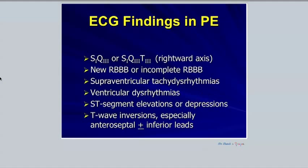And what I want to really focus your attention on is T-wave inversions. It turns out that there's literature indicating that perhaps the most common abnormality in case series of large PEs is actually not sinus tachycardia, the way we've all been taught, but actually T-wave inversions. And it's a good time to remind people that sinus tachycardia, in the biggest studies to date, the Europed and PIOPED studies, is only present in 30 to 50% of cases. So many of us were taught the myth that everybody with a PE is tachycardic, or nearly everyone, and it is a myth. Most patients with PE are not tachycardic, but very commonly large PEs will produce T-wave inversions,